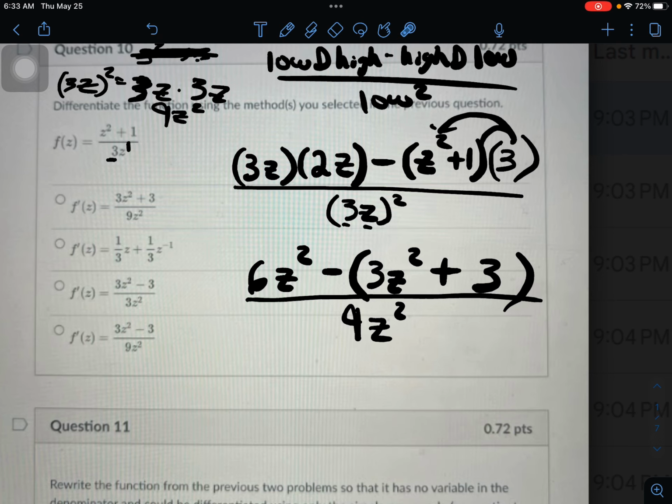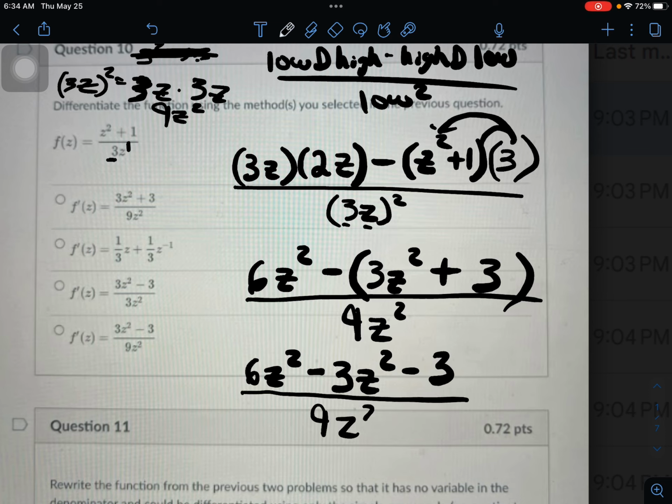And there's a little bit more we can do. We can also distribute this minus. So it's going to be 6z squared. This negative times the 3z squared, I'm going to treat it like a negative. Negative times a positive is a negative. So it's going to be minus 3z squared. And then I have this, I'll treat it like a negative. Negative times a positive is going to be a negative. So it'll be minus 3. All over